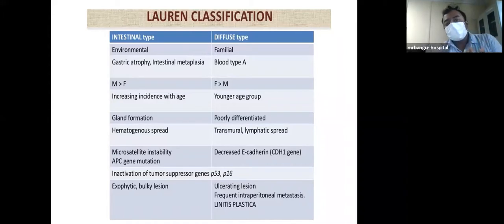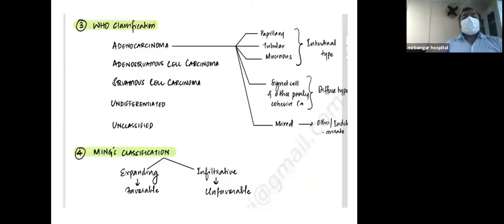Now, in comparison to this, when we come to the diffuse type, we will find that it is basically a familial type. It goes in the train of familial type, where most commonly the people belonging to blood group A, and mostly the female gets affected in the younger age group. Basically, it is poorly differentiated, mostly affects transmurally, and spreads via the lymphatics,